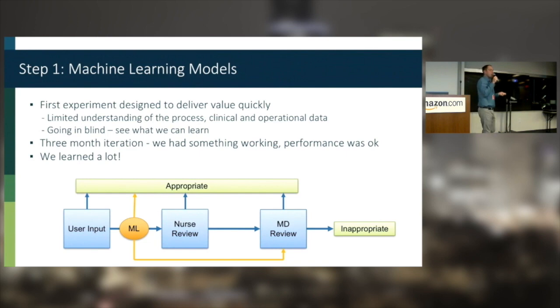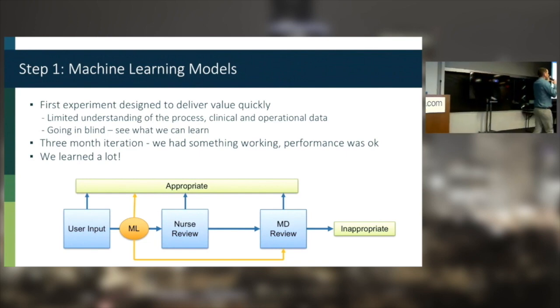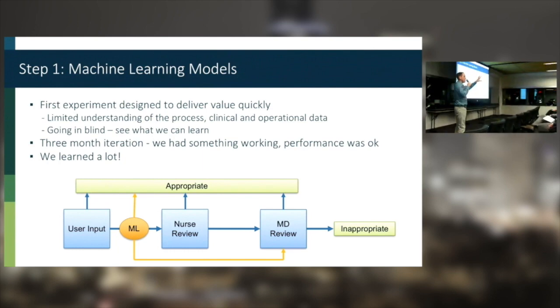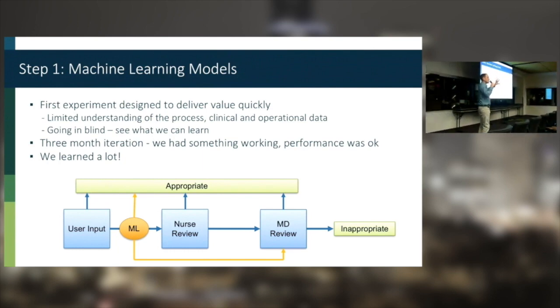Okay, and then we said, given that, you remember that rule that we showed, what's the data, what are the techniques, what's the problem? We don't know much about them. When we started, we didn't know much. So we did an experiment. We said, let's try to learn all of those things: what's the cost of error, how much data we have, how good is that data, what's the SNR, and all of those types of things. So we did the first experiment. It took us 3 months. We had something working at the end. Performance was okay. It was mostly machine learning.